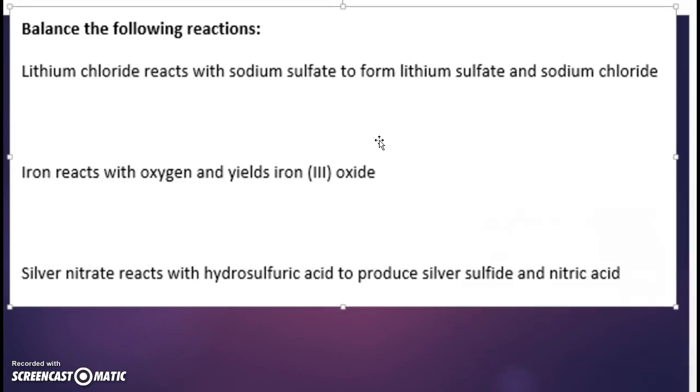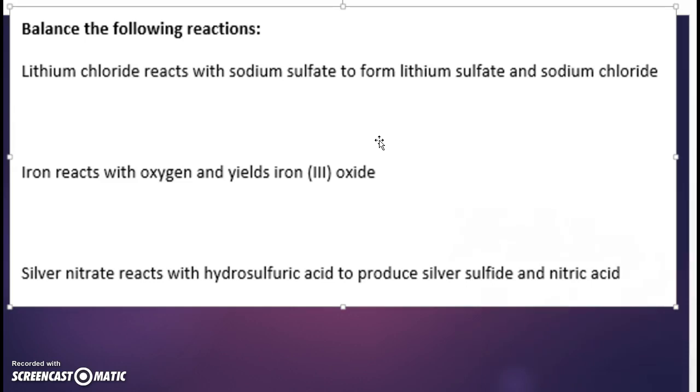So I can put a number here. That means I got to change this 2 in front of the iron. So now I have 4 irons. I have 6 oxygens here, so I need to put a 3 here, so that becomes 6 as well. Now this last example,